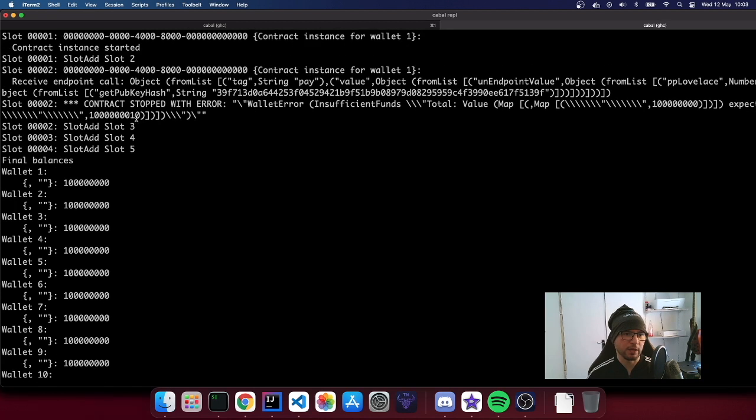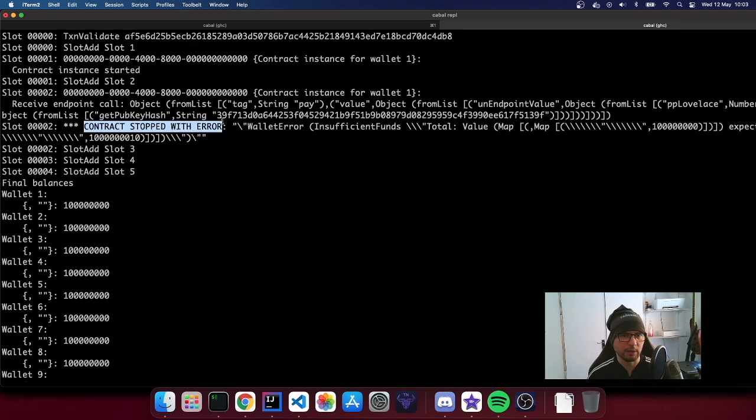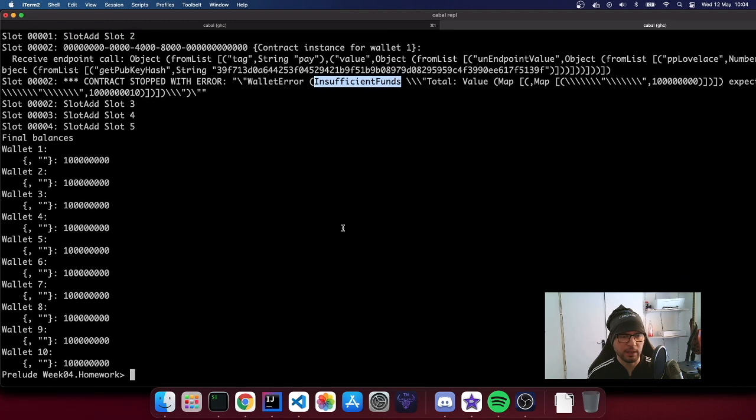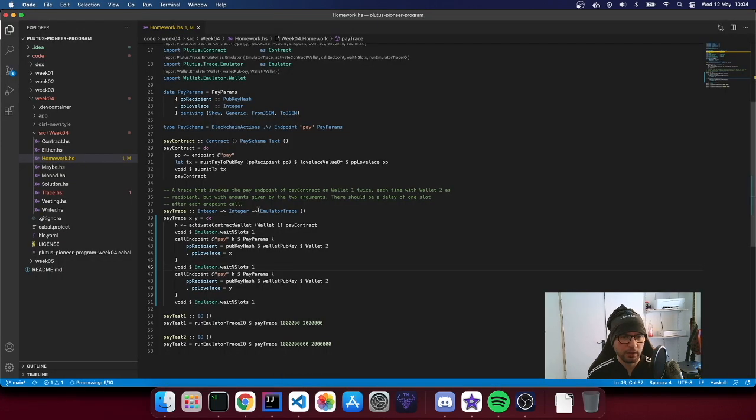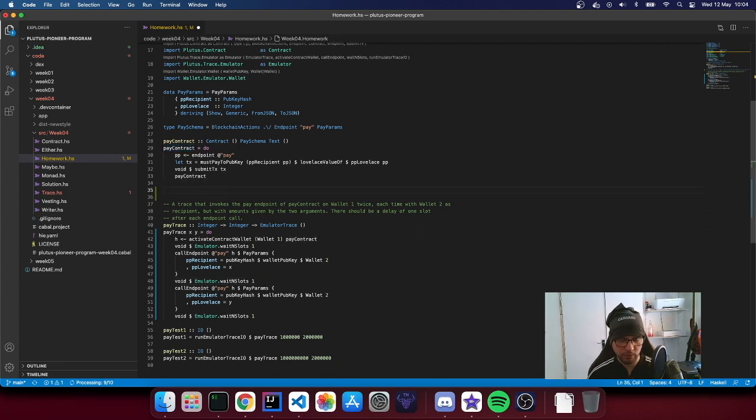Here we see that there is actually an error. The contract stopped with error. So what happened here is that we tried to pay with insufficient funds. The error message is quite self-explanatory. Yeah, that didn't work. So what we have to do is to wrap this thing into kind of an exception manager. So the way I initially solved this thing was to follow pretty much the same approach as Professor Lars